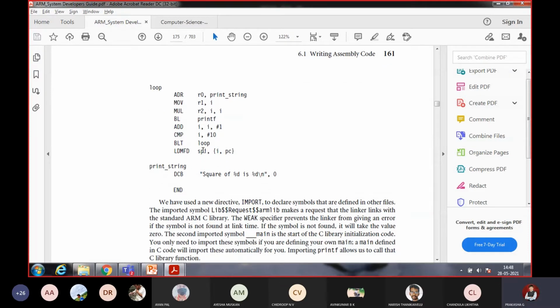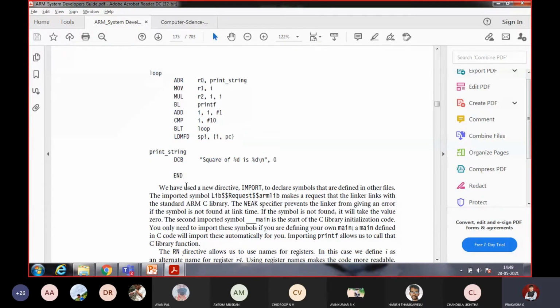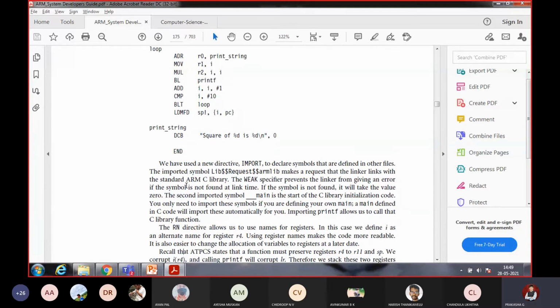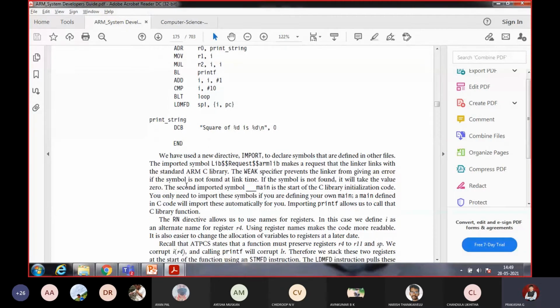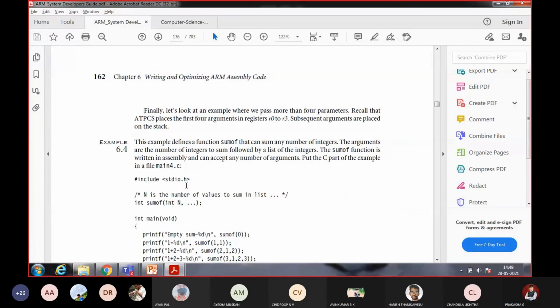So this is the program we are supposed to write for the square of the numbers from 0 to 10. The numbers we have to write over there. So let us go ahead. The theory part has explained what RN is, what LS and SP are, what the stack pointer and program counter are, and everything. You can go ahead with this.